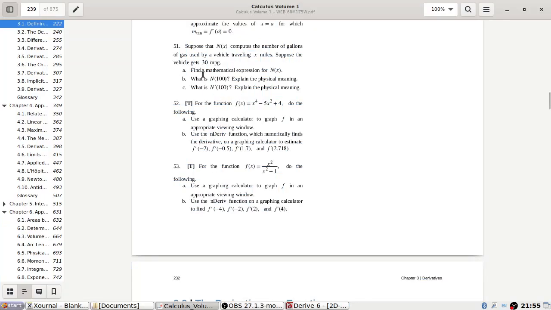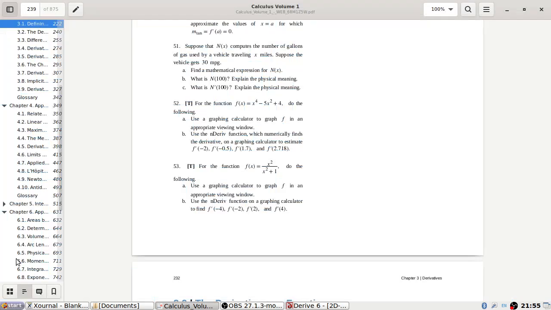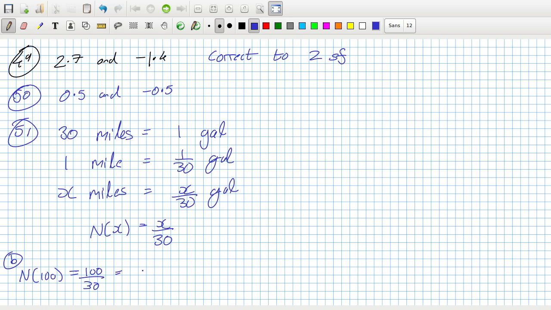Okay. What is N(100)? How much gasoline is used for 100 miles? So that's 3.3 recurring gallons needed for 100 miles. Okay, and then